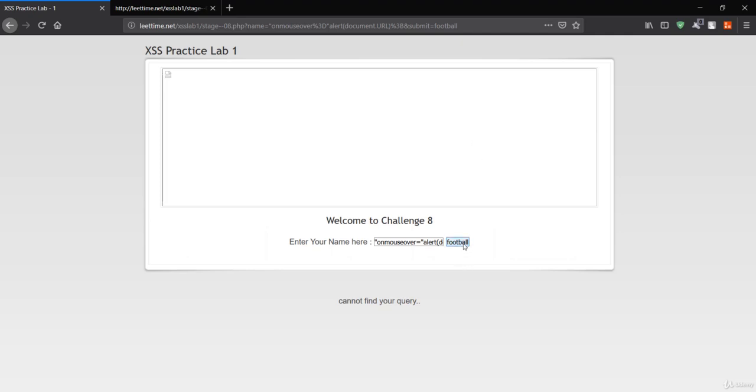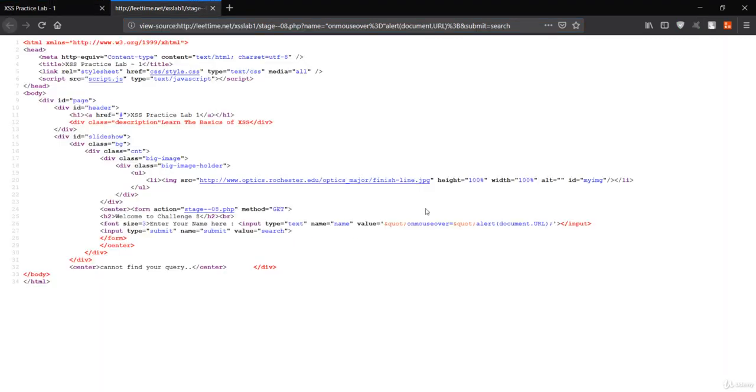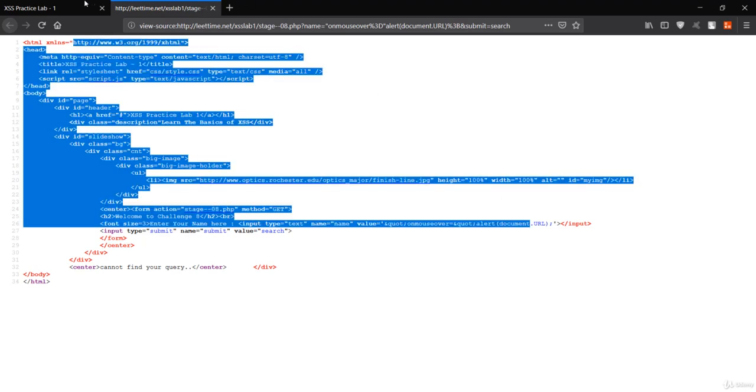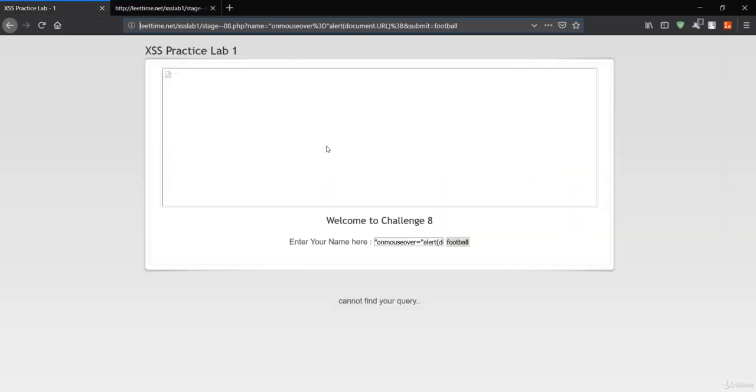That means this submit parameter is vulnerable, but the name parameter is not vulnerable. It has the encoding format over here, so anything you pass is encoded in the case of the name parameter. But we can see that submit has shown the reflection right in the button.